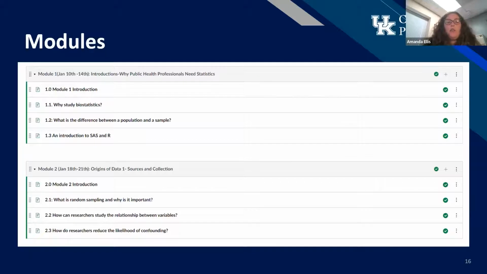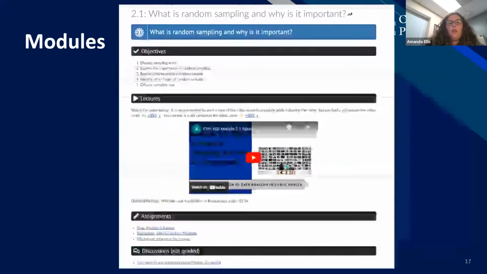And then from there, I generally broke the content into 3 different sections. And so here's just an example of the first 2 modules for the course. If you were to click on any of these pages, so like the 1.1, 1.2, or like the 2.1, any of the ones that aren't the introduction, they would typically have a structure pretty similar to this.